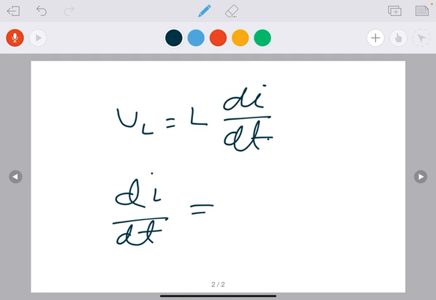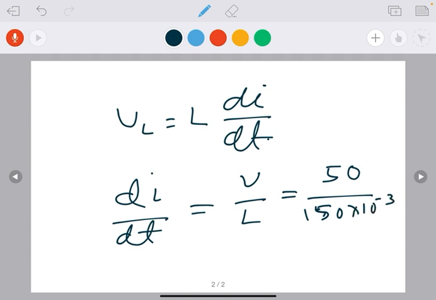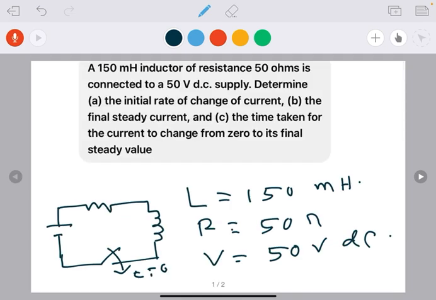That will be V over L. So V is 50 and then L is 150 millihenry, 150 times 10 to the power minus 3. So once we do this, it becomes 333.3 amps per second. That's the rate of change of current. And then we need to find the